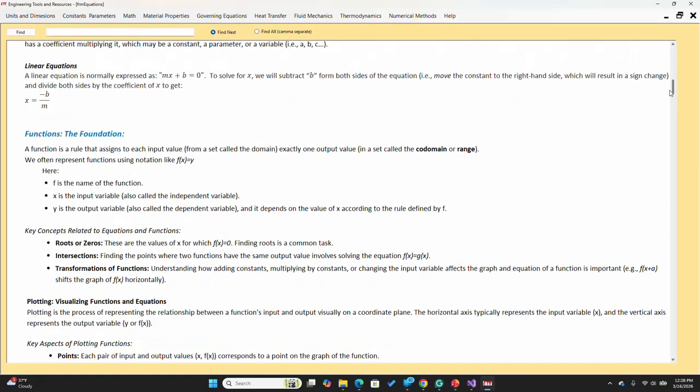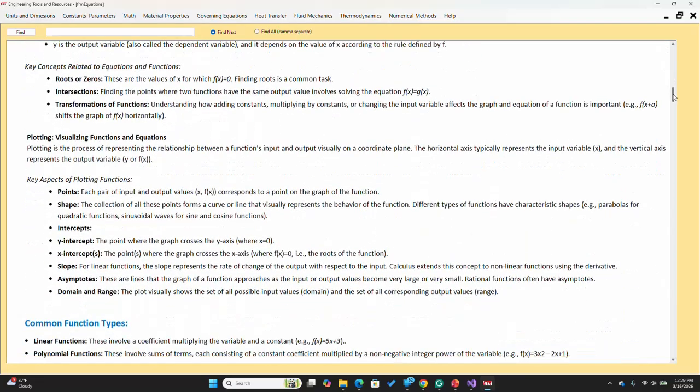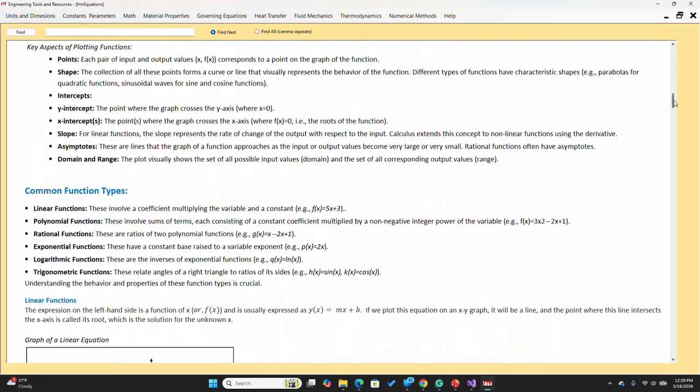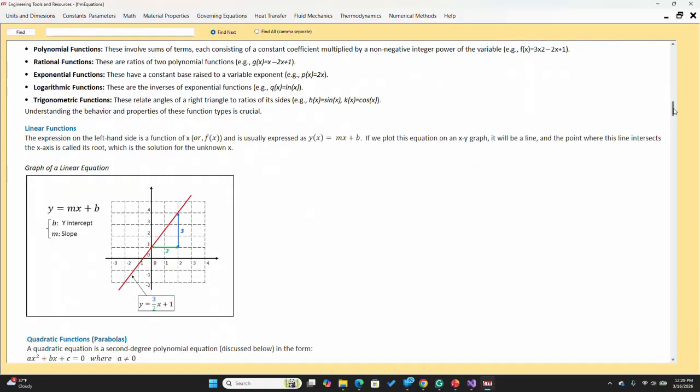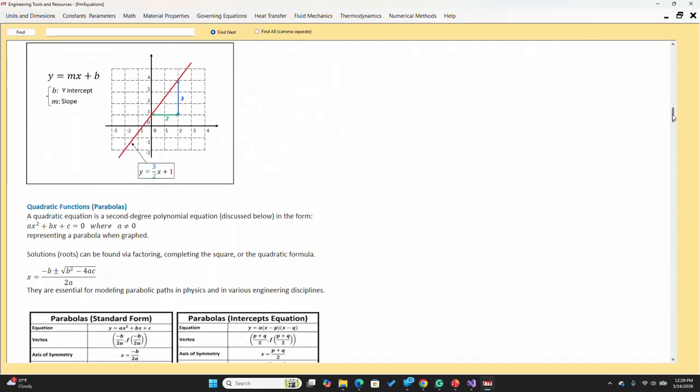And then we get into functions, which are the foundation of algebra and calculus. There are some general discussions at the top, and there are some key aspects of plotting that applies to all different types of functions. And then we get into common function types, starting with linear function, and we get into